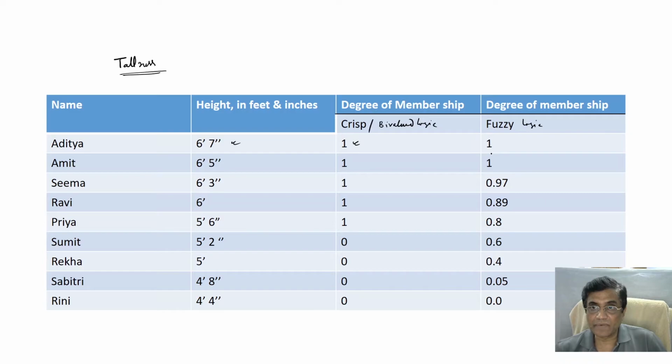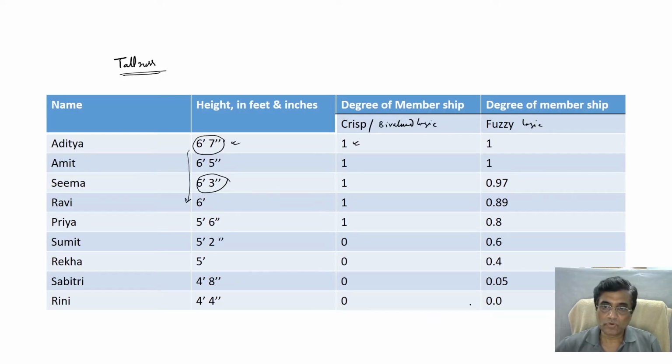But here you see a continuum, right? I can design a membership value. Tallness or shortness can be characterized with the membership value. If the height of a person is 6 feet 7 inches, definitely it will have 1. But how about 6 feet 3 inches? It will have the category of tall, 0.97, a very high value. But on the other hand, some value is there that she is also categorized in the short. So continuously you see, this is called continuum.